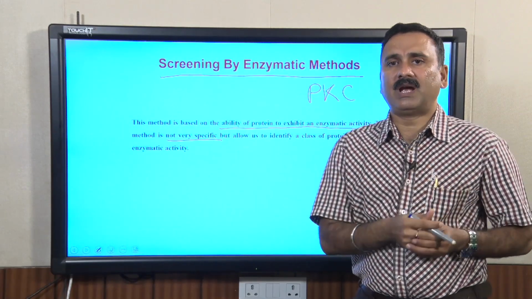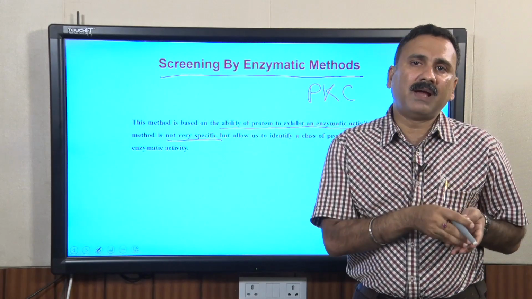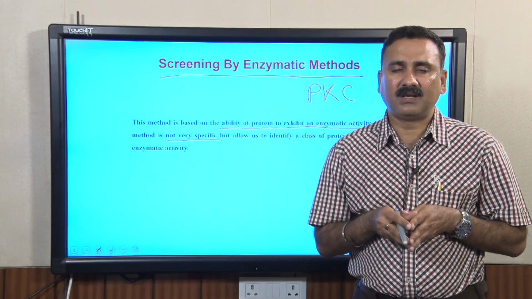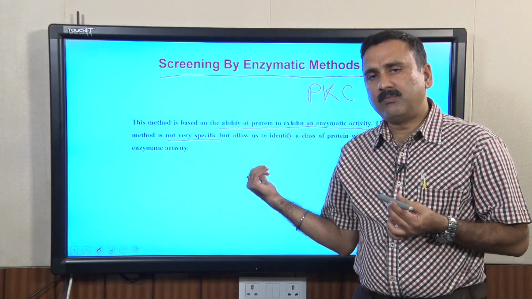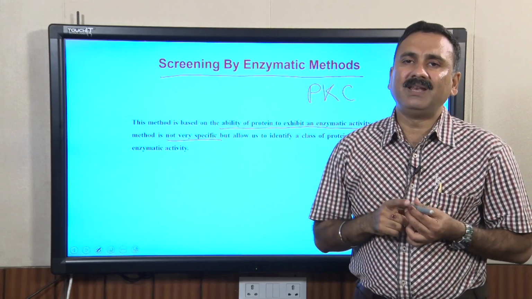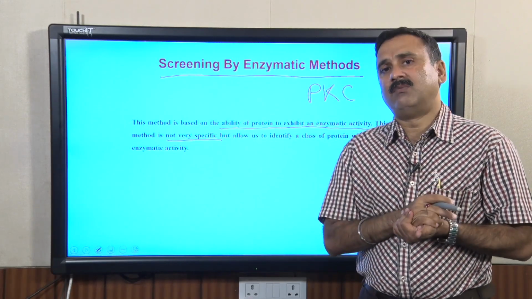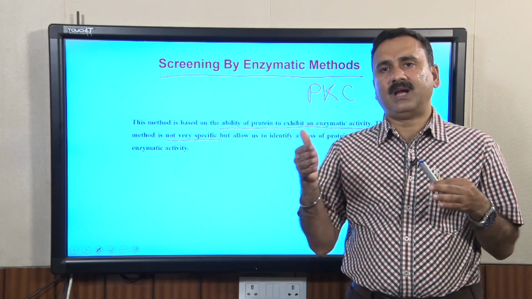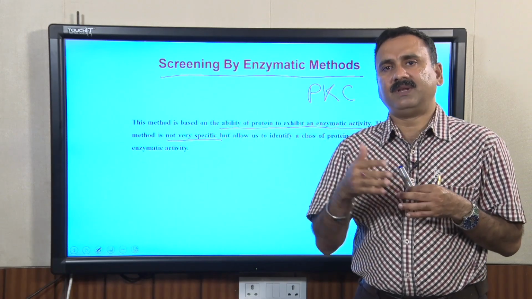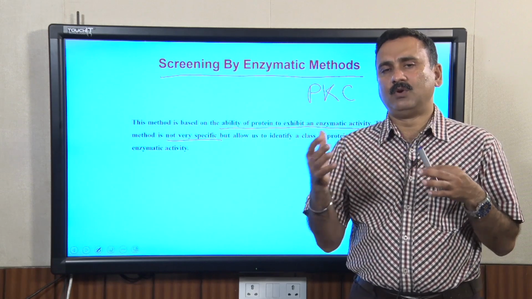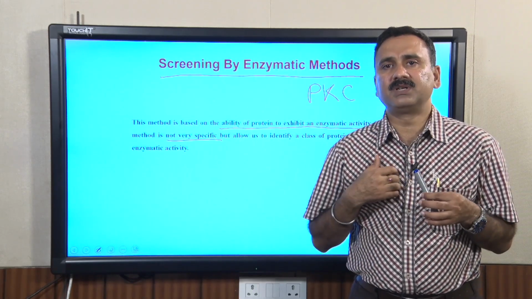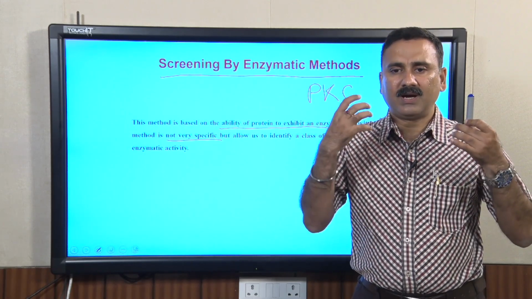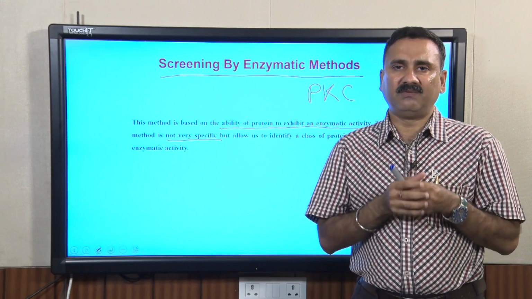For example, if you do a reaction for PKC, p38 MAPK and all other classes of kinases are also going to catalyze this reaction. That is why, with this approach, the background is going to be very high, and you may have a large number of false positives. So far, we have discussed the hybridization techniques, the immunological techniques, and the enzymatic method to screen the genomic or the cDNA library, so that you can get the clones which contain your specific gene.